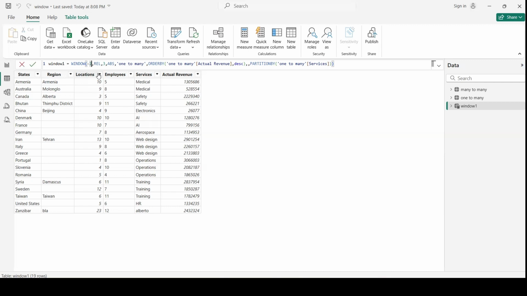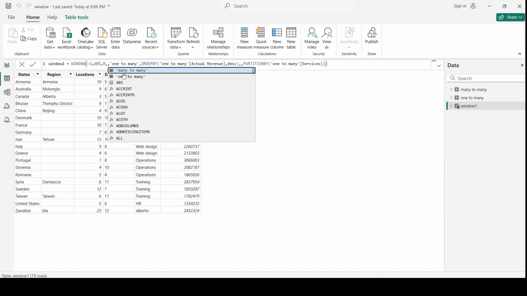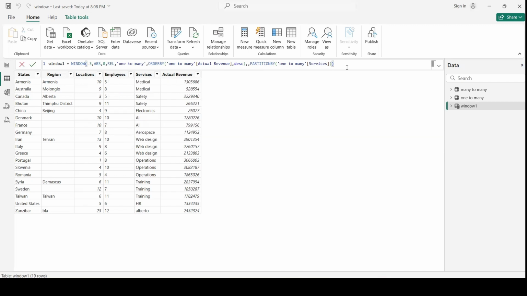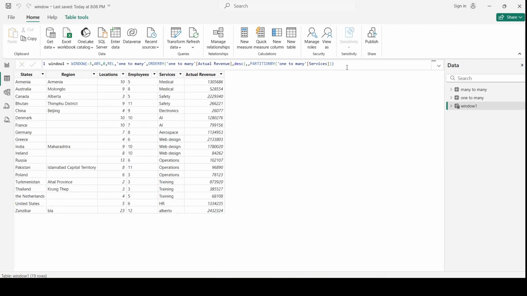Let's see, what if I add -3 here, and I change go forward, and I say here 0 and back, like real, and I should get the lowest revenue for each category, top 3. So let's see in a descending order.